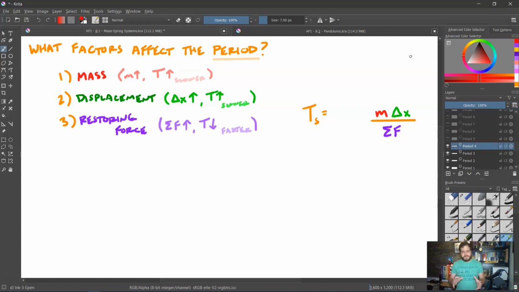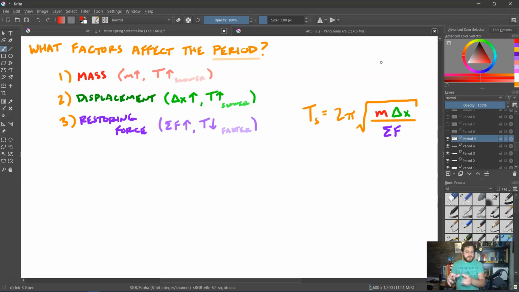Now, I'm going to tell you, I'm not going to derive this equation perfectly. We could do it, but it would just take a lot of extra time. And additionally, we would have to start going through some other equations. I don't necessarily think it's worth the effort this time. So please trust me that this is in fact not just magic, it does come from somewhere. But really, the period of this mass spring system is going to be equal to 2 pi, the square root